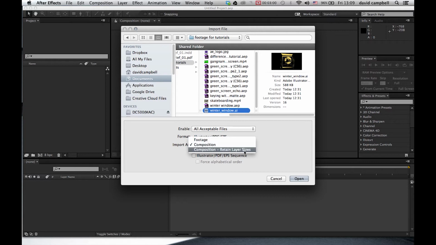Or this one here, composition, so again the same thing, brings in all the layers but keeps them separate so that we can modify them individually. But this one doesn't resize anything to fit our composition, it retains the layer sizes. So that's the one that we're going to use, but just before I press open,